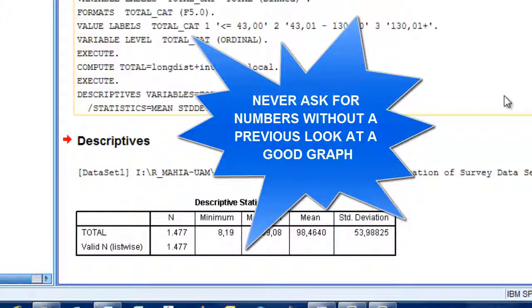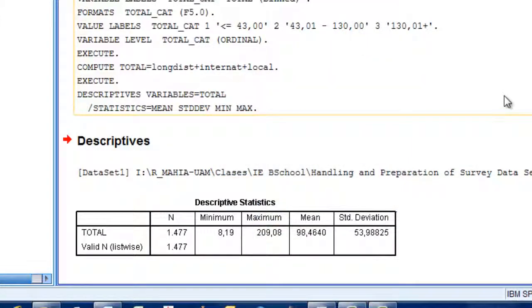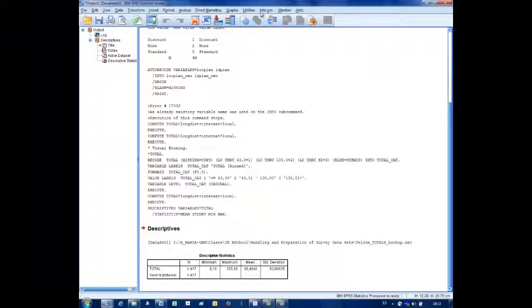But I made a mistake, because one very basic piece of advice would be to use graphs before moving into numbers. The mistake I made is that looking at a table of descriptive statistics is not a good idea until you see the distribution of the variable using a graph, because sometimes there are lots of features of the variables that you can only see using graphs and not numbers. So let's take a look at the graph and see if these values make any sense or not. I'm going to use chart builder